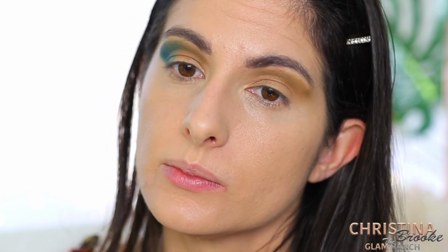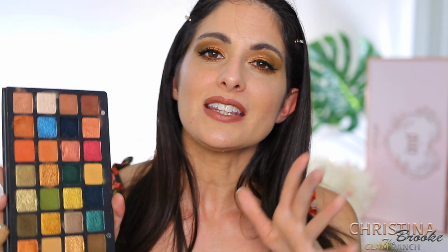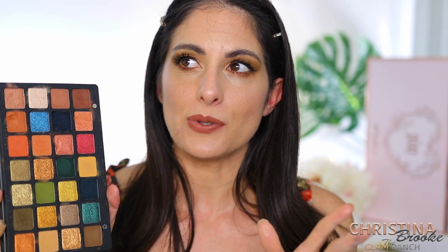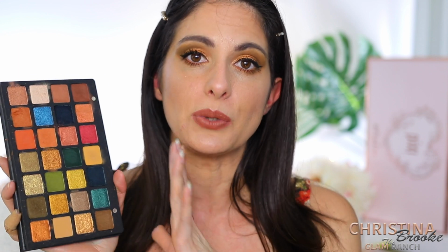It was more of a lighter blue, and it just threw off my whole look, and I was like, ooh, no, scratch that, and I completely scratched the look. I believe that might be something for people to note. You have to familiarize yourself with this palette. There's a lot of colors in here. The colors are beautiful, but become familiar with the way that they translate on the eye before you judge the